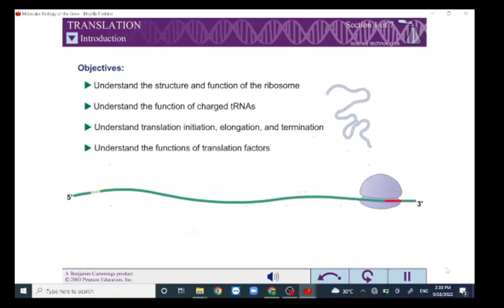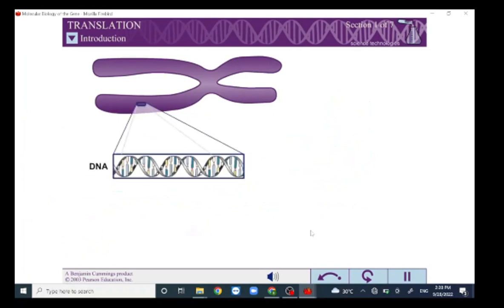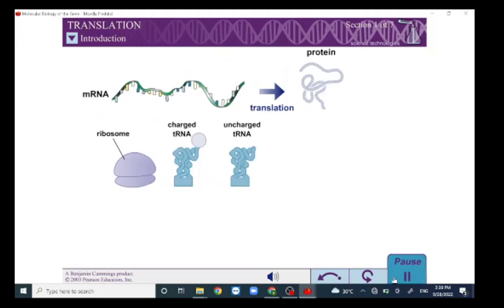You all know that your ribosome has ribosomal RNA. It consists of 60S and 40S subunits in eukaryotes, and 30S and 50S subunits in prokaryotes. You know that from the DNA, you did transcription and got an mRNA. After obtaining the mRNA, you're going to have a ribosome. Now what happens? You have an mRNA, a ribosome, a charged tRNA